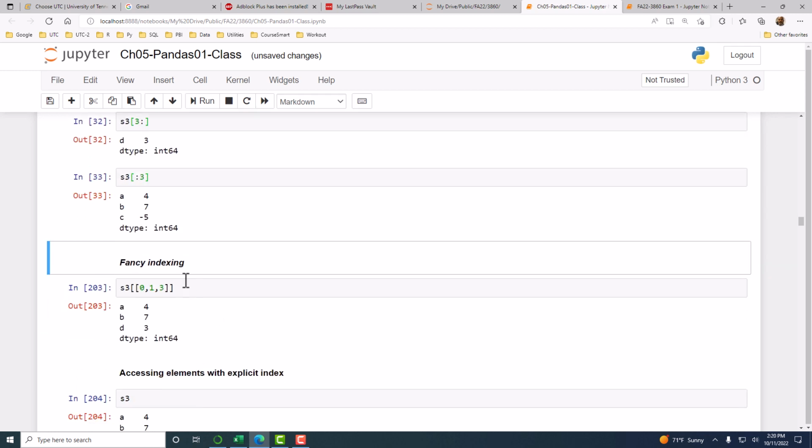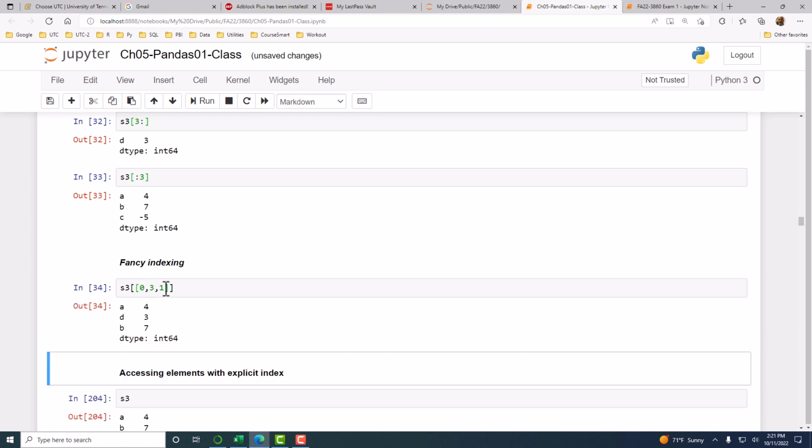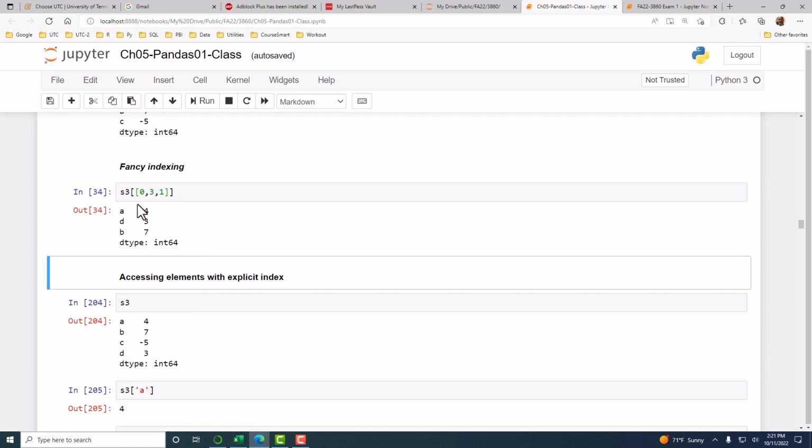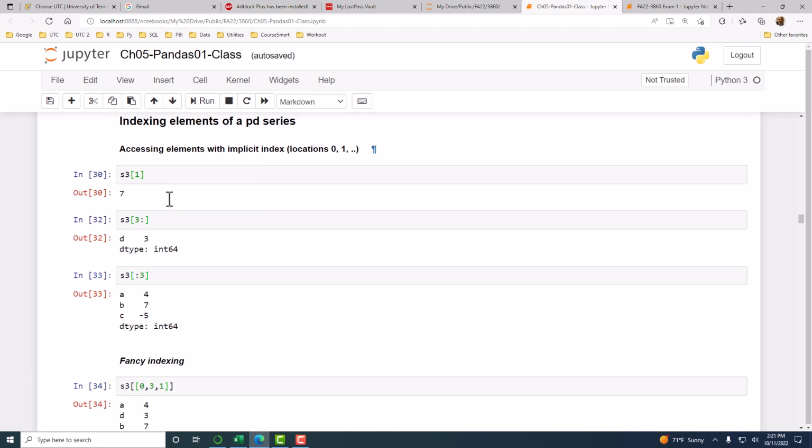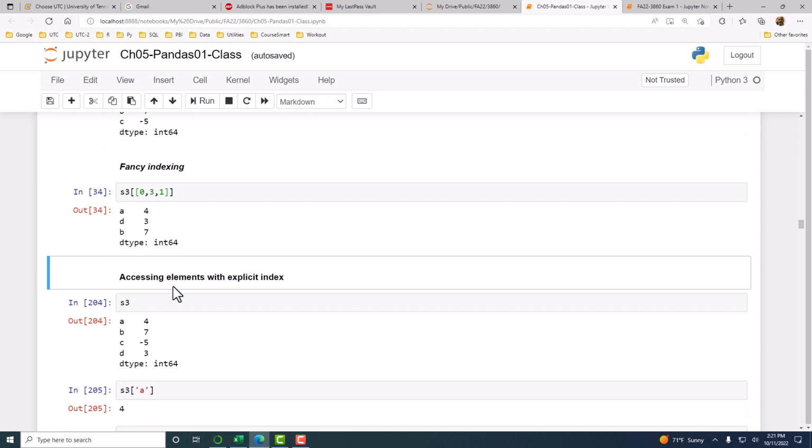Well, so fancy indexing we've done before. You can give a list of index numbers, so you can mix and so you can have like 3 first and then 1. So you give a list of implicit indexes, within square bracket, then it will access all of those indexes. So that's fancy indexing. Now, explicit indexing,